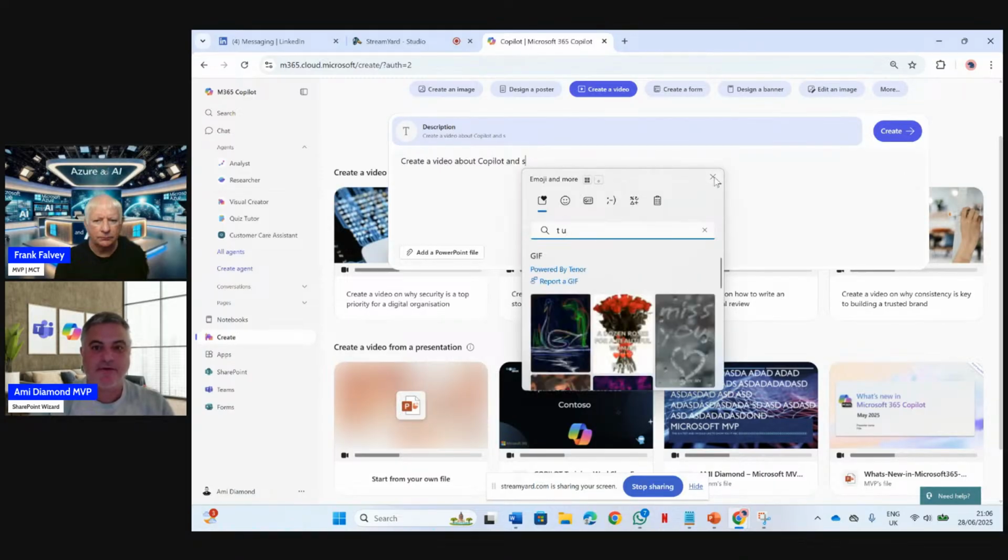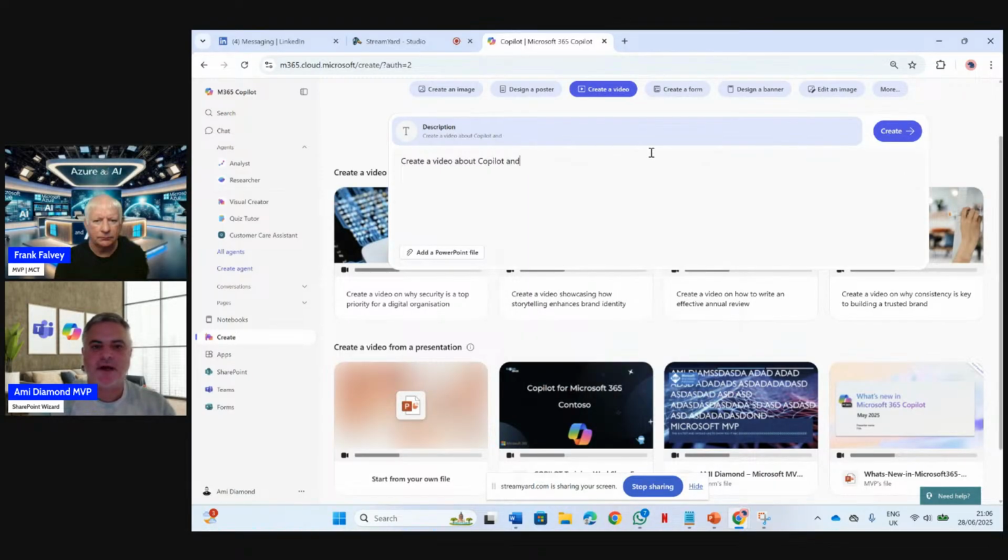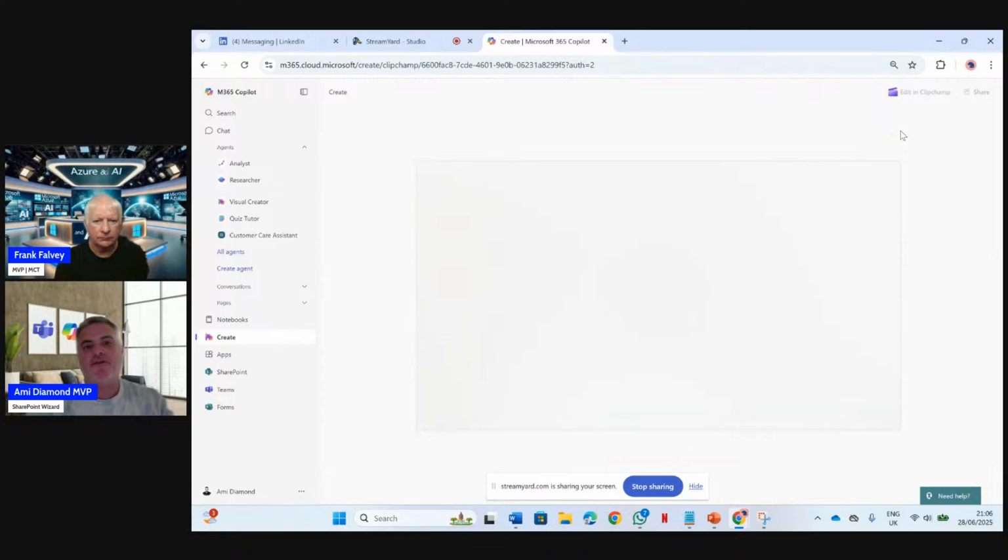Oops, Copilot. Let's make it simple. The more I give description, it will give me better things. As you can see here, I can also attach PowerPoint, but I don't want to at this stage. All I do is click on